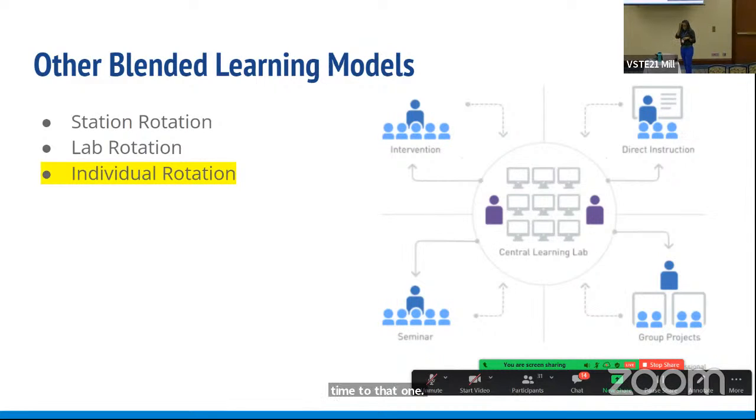And the last model that I'm going to discuss with you is the individual rotation model. So the individual rotation model allows students to rotate through stations, but on their individual schedules set by the teacher. So unlike the other two rotation models that we talked about, students may not necessarily rotate through every station on the individual rotation model. Instead, they're only going to go to the ones that are on their playlist as determined